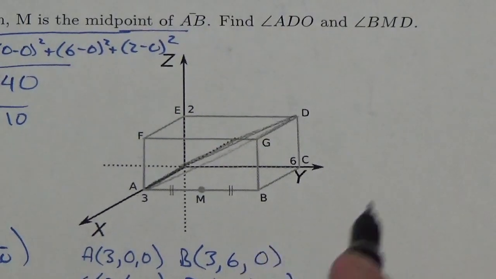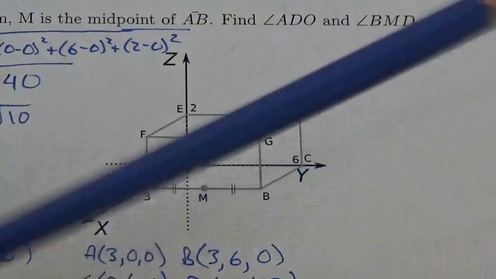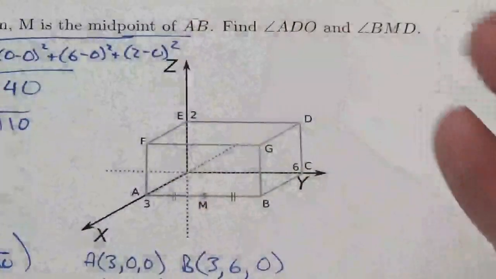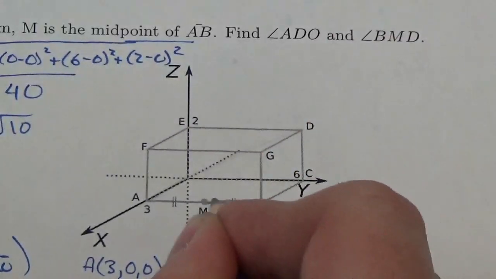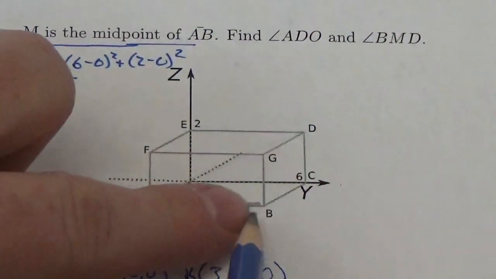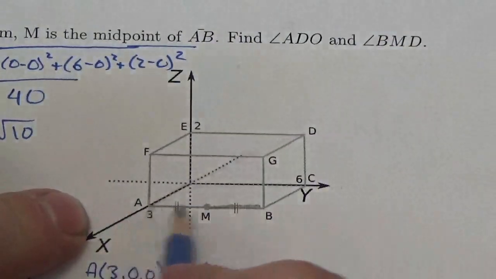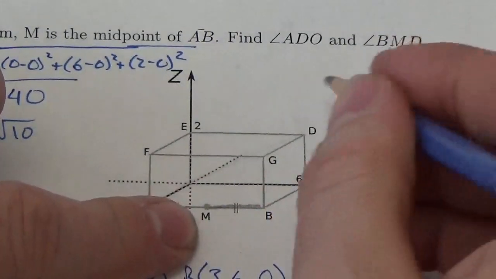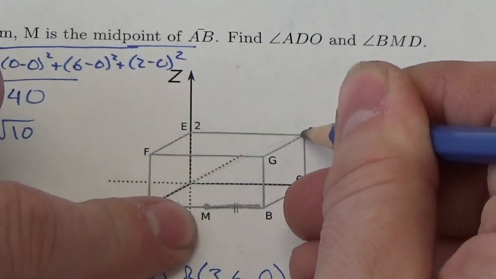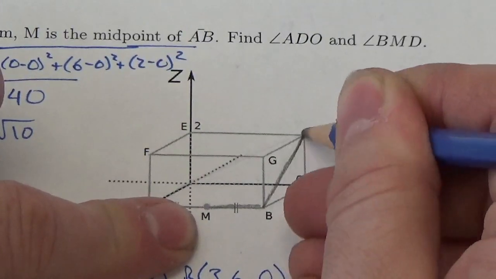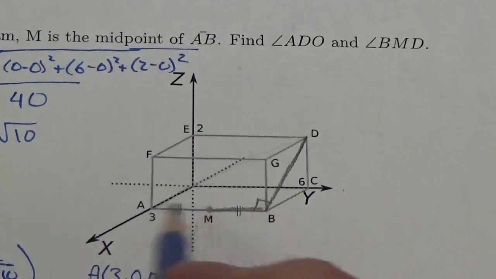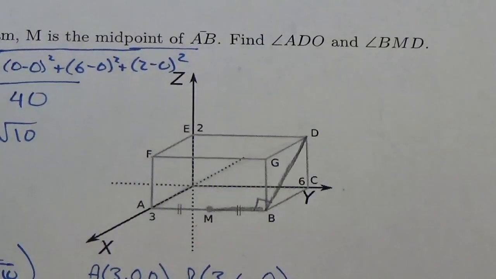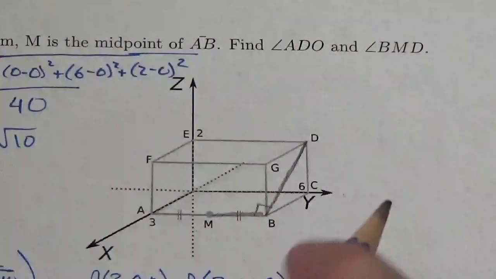Okay, BMD. Now, in this case, I'm just going to erase that, although it really didn't do anything. When I connect all those, BM is just going to be this right here. Now, that line segment there, like that AB, or in this case the MB, is going to be perpendicular to this face. So when I draw that line segment connecting D and B, it is going to be perpendicular to that line. Now, granted, the plane that it's in is at a bit of an angle,